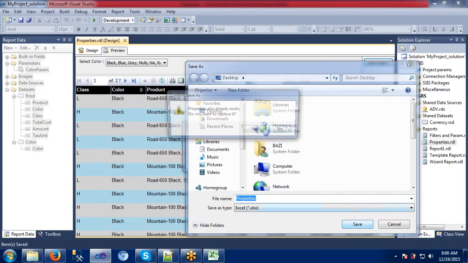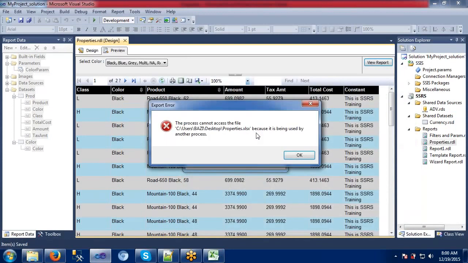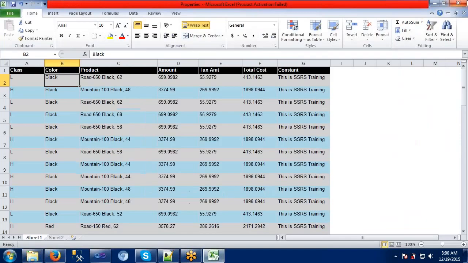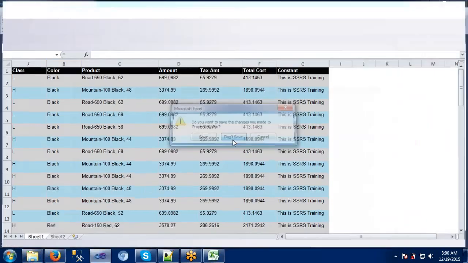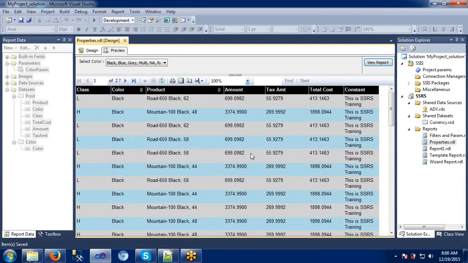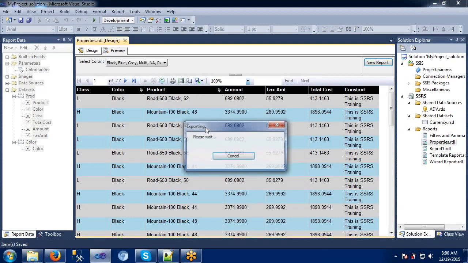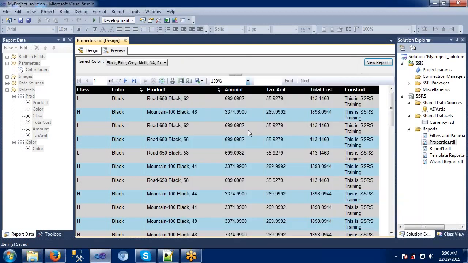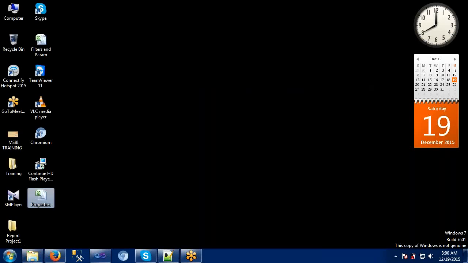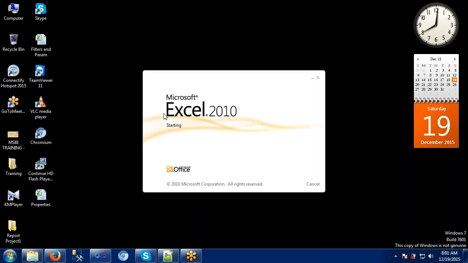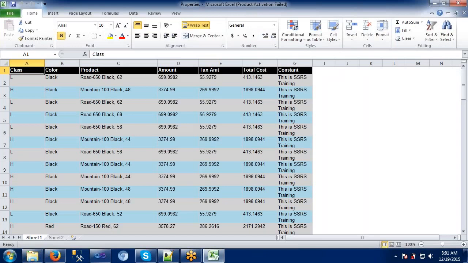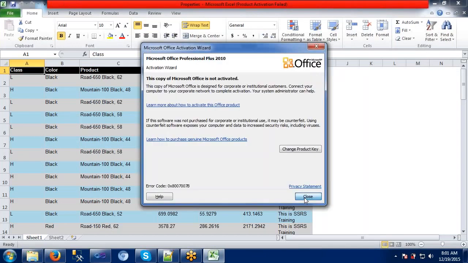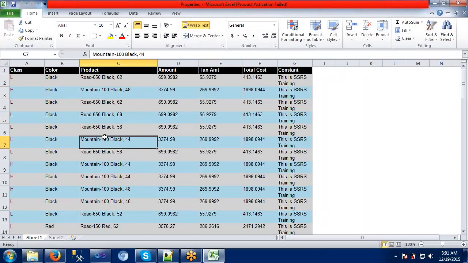On the same desktop, yes, it has replaced this now. I guess it's already open here. Okay, let me close this one. Don't save. I am saving this report on the desktop here. Replace, yes. So again the same report, now I have used the parameters, right? But still I didn't get these parameters, right? See, I have got a report by using the parameters.